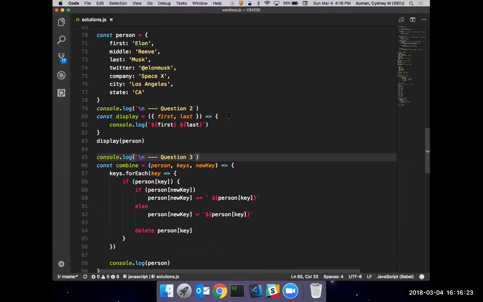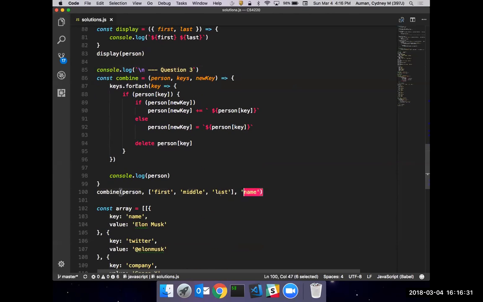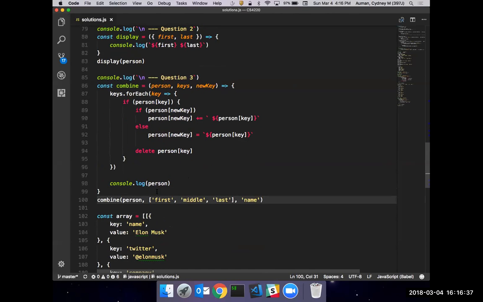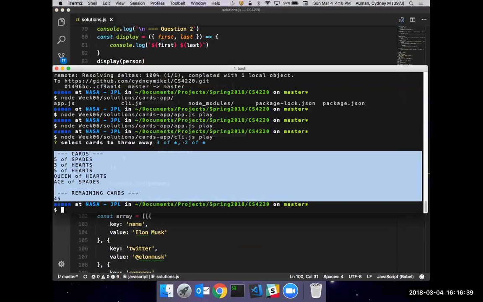A lot of people hard-coded indices, hard-coded name, hard-coded first and last. You lost points if you did that. And here you can see that my solution, I made it a little bit more robust, made this object a little bit more robust. And if I were to print this out,